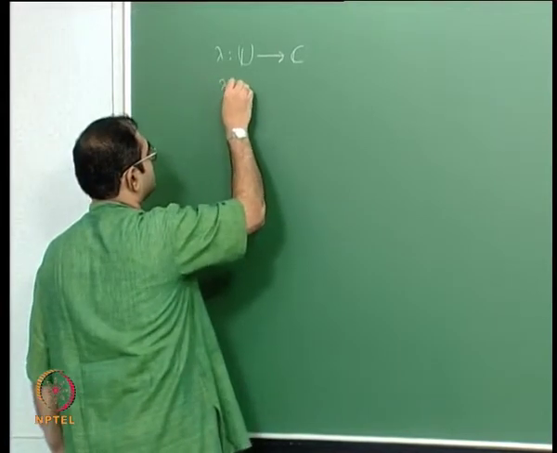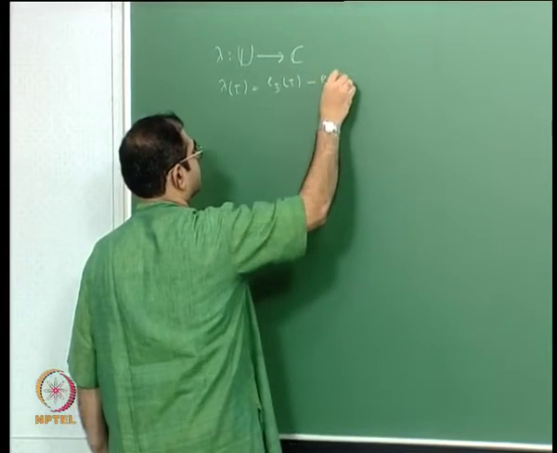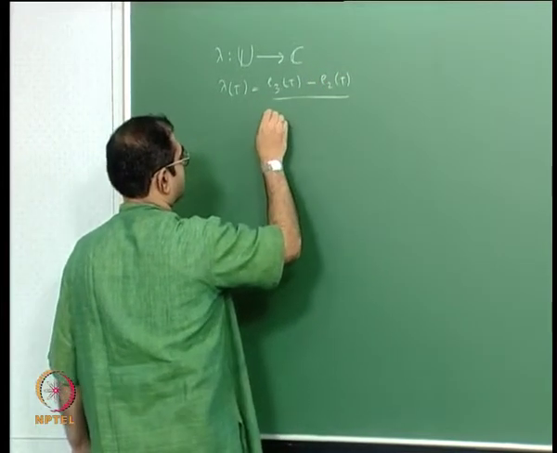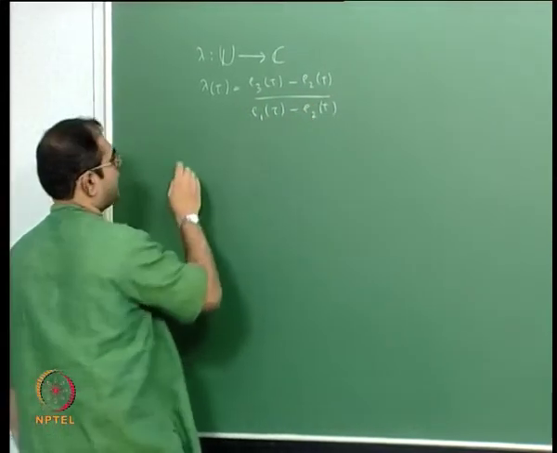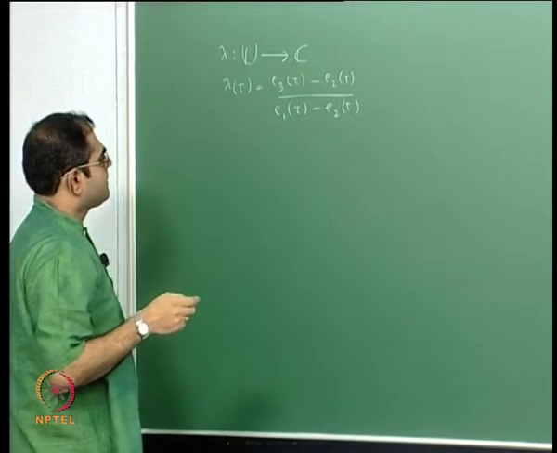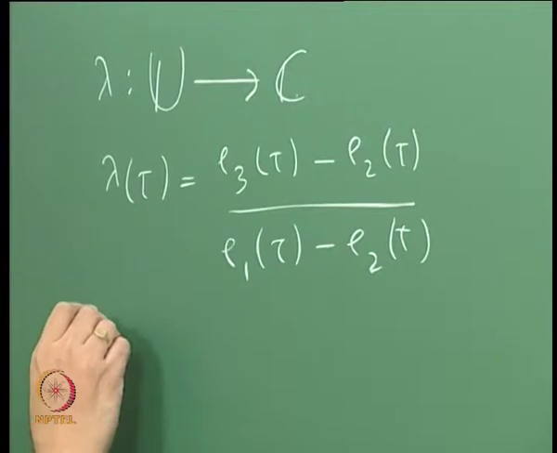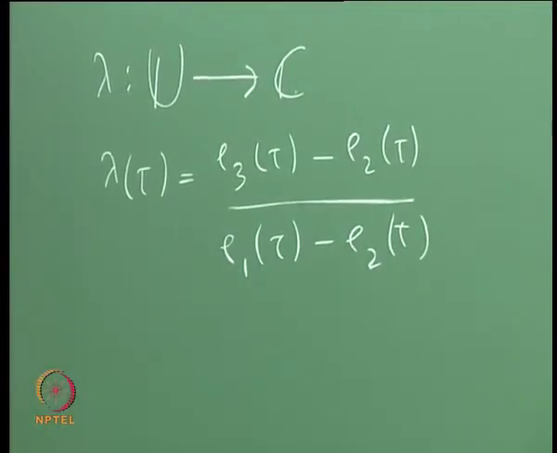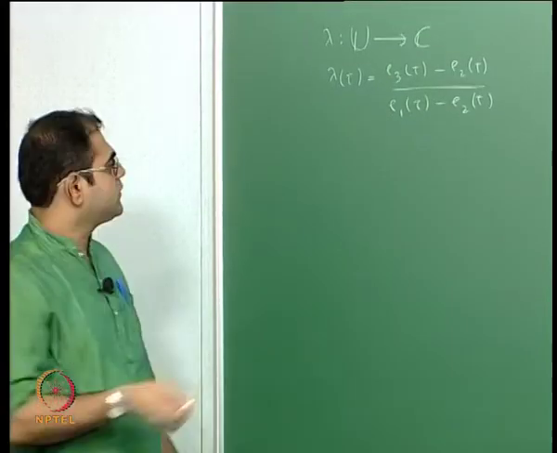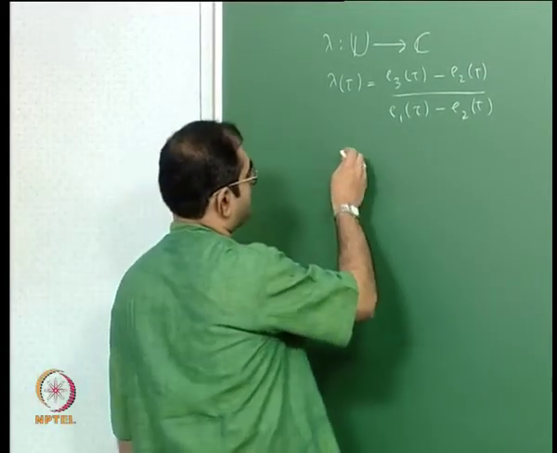Lambda of tau was defined as E3 of tau minus E2 of tau by E1 of tau minus E2 of tau, and we are trying to see. So this function is invariant only for the action of the congruence mod 2 subgroup, and we are trying to study the mapping properties of this function. So the theorem that we are trying to prove is the following,